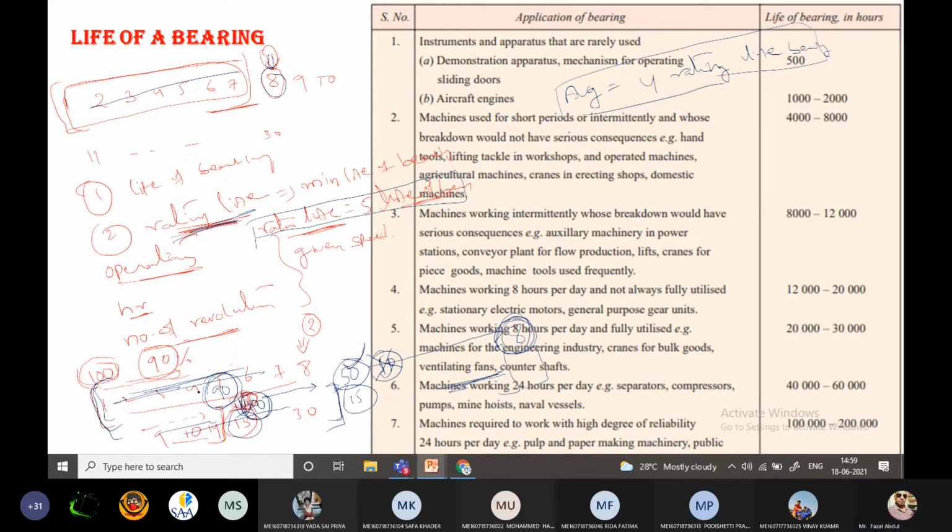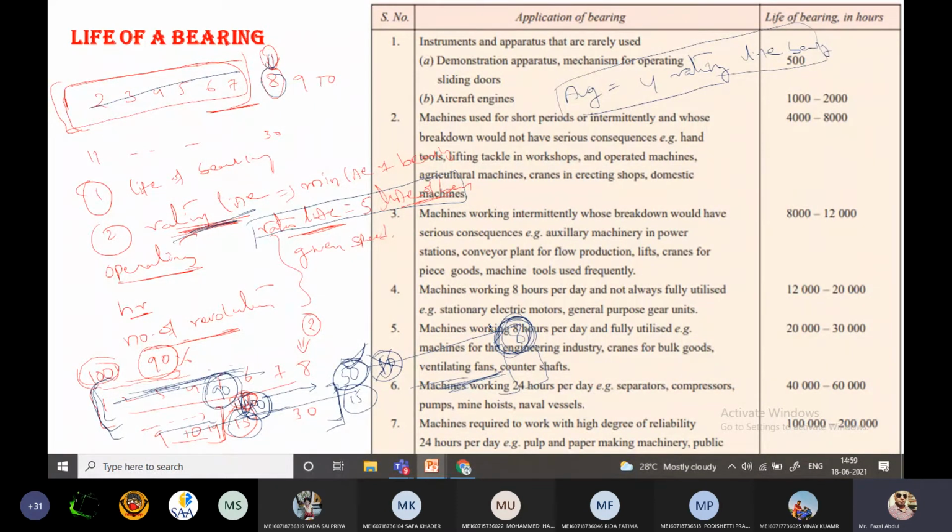And if you allow it to run, only 50% of bearings are going to give satisfactory results, working under safe condition, and the other remaining 50 are going to fail. So that particular number of days for the remaining 50 bearings is called the average life. And on a particular day only a few, not more than 10, few means I am considering here 8. So for these 8 bearings, whatever the timing, days or hours or number of revolutions, that is called the maximum life of the bearing for these 8.